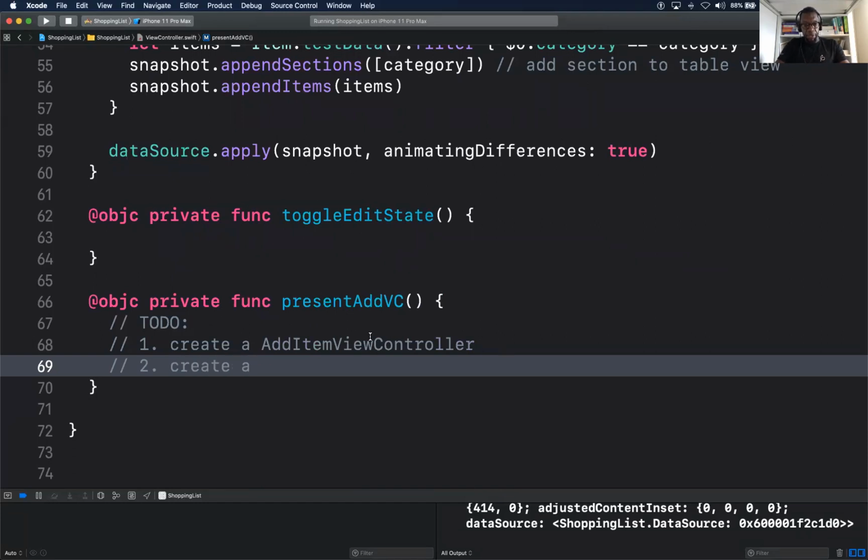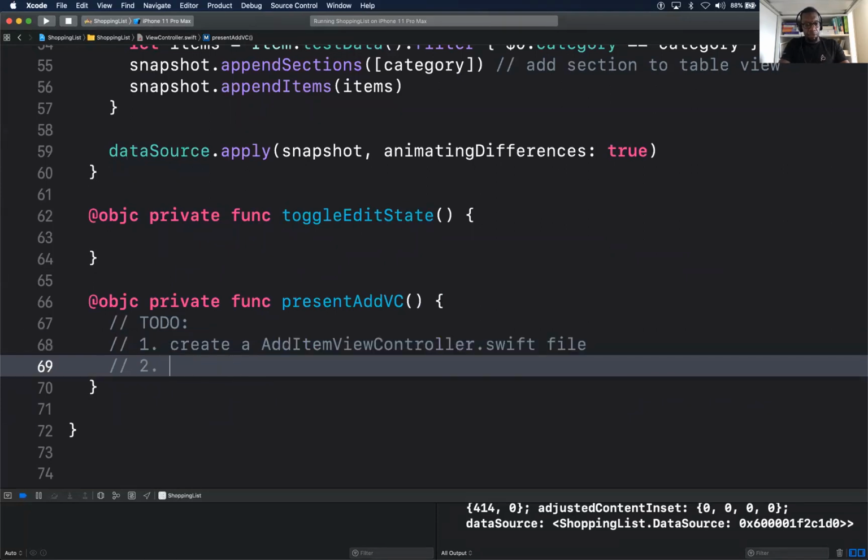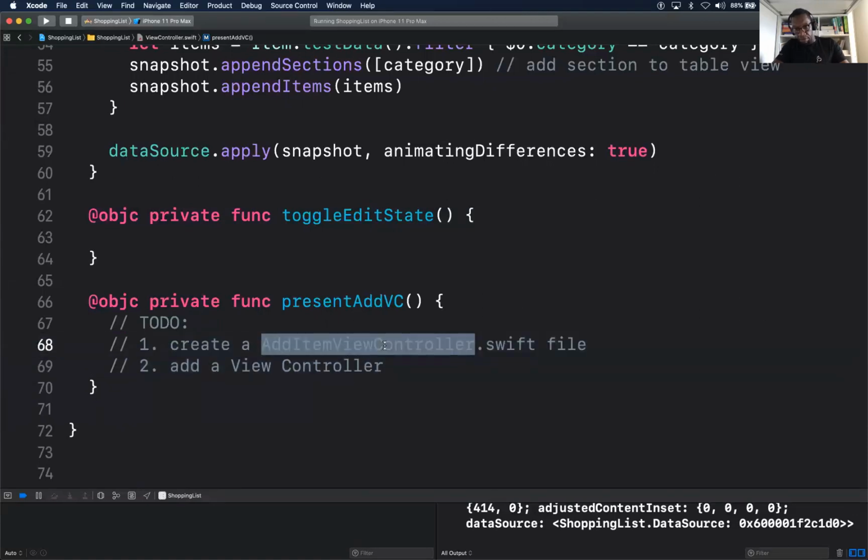Create an add item view controller Swift file. Subclassing UIViewController. Well, yeah, it's a Swift file, but it's a class though.